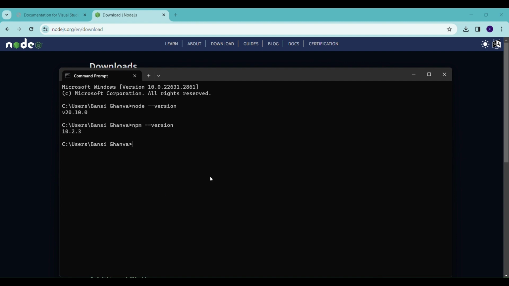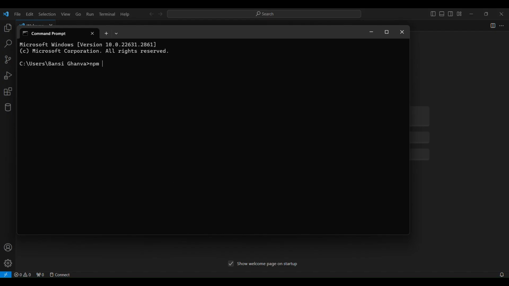Now our next step is to install Angular packages. So type here npm install Angular CLI. This will install the Angular CLI in your system.